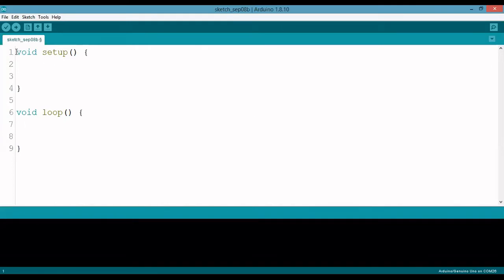So there are 5 columns and 7 rows available. So I am going to use some integer column pin 1 is equal to 8. So there are 5 columns.